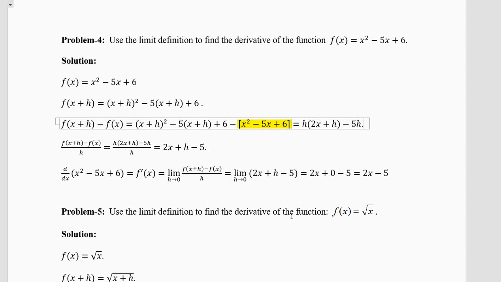So this is how we do it in this chapter today. In the next chapter, we'll be using a shortcut, we'll be using a formula, but you have to remember many formulae for that.